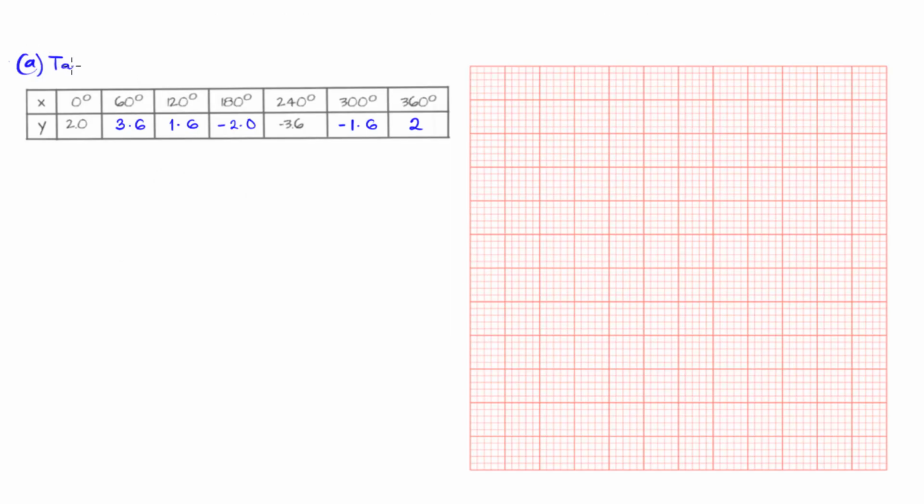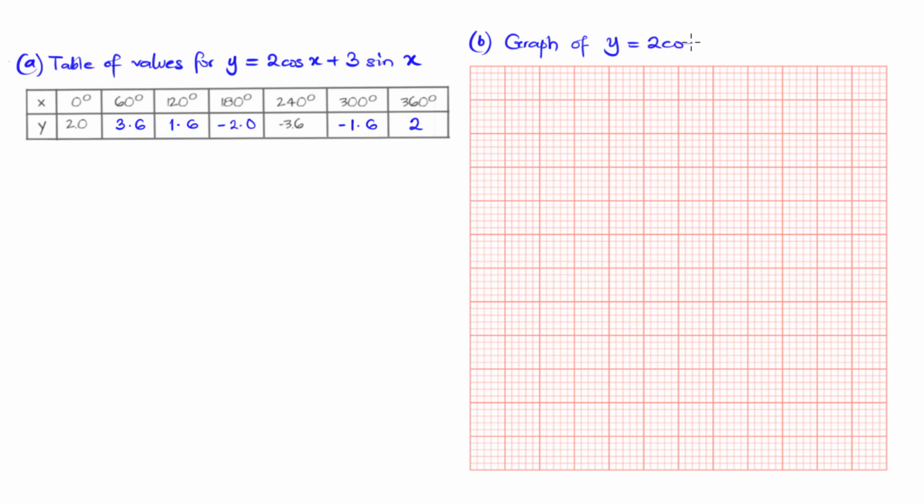So here, already we generated our table. This is the table of values for the equation y is equal to 2 cos x plus 3 sin x. Okay, that's what we generated previously. Now we want to plot the graph for that particular equation, graph of the function y is equal to 2 cos x plus 3 sin x. We've been given the scale to use,